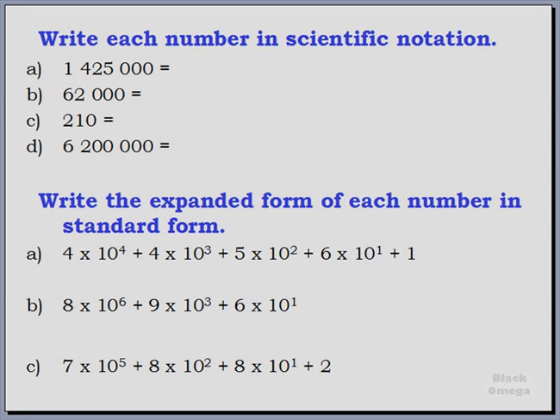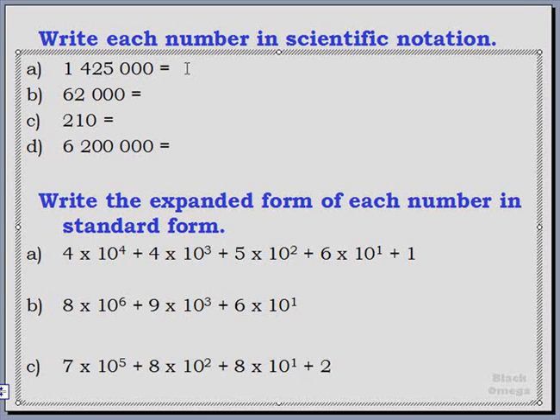One of the factors has to be between 1 and 10. Okay, equal or greater than 1 and less than 10, and the other factor has to be a power of 10. So let's turn this big number 1,425,000 into scientific notation. So if our number has to be between 1 and 10, our first factor is going to be